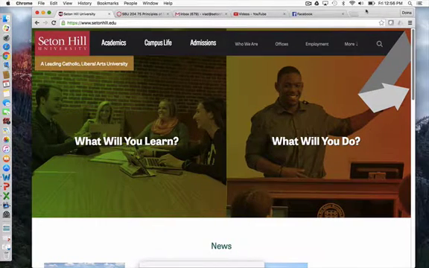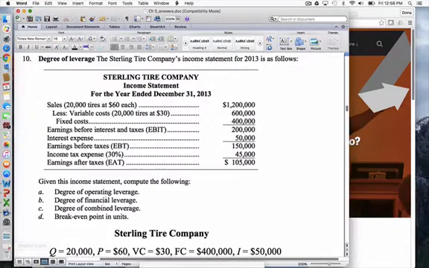Hi, let's work on an application on all the leverage we discussed so far, including the break-even point concept. So let's work on this application, and you are given some data here, and you have sales. This business is going to sell 20,000 units at a price of $60, so this is going to be your price for